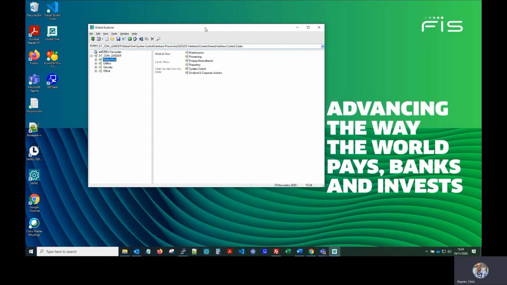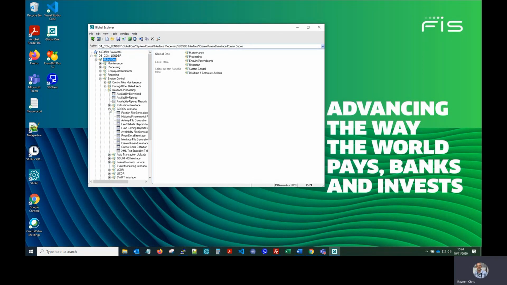Also, to keep the scope of the pilot nice and small, we're focusing just on cash DVP trades, and we're creating trades with a minimal amount of data in them. So to generate the XML file, which I'm going to send to the CDM, I've created a control code.